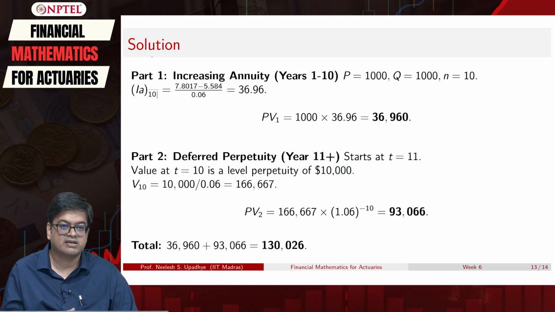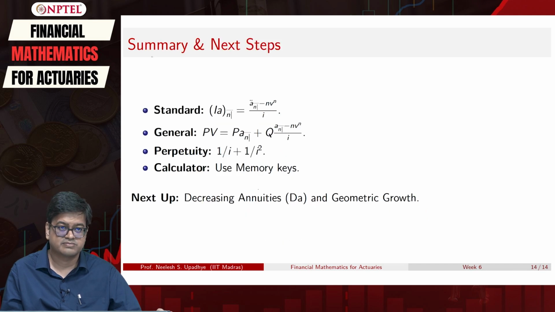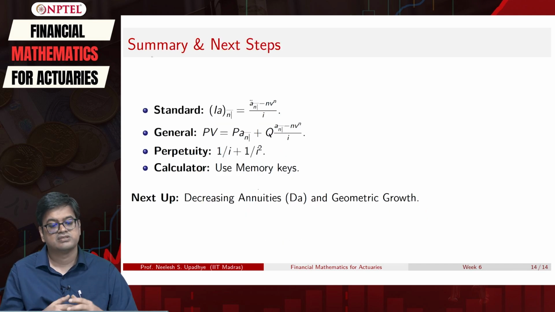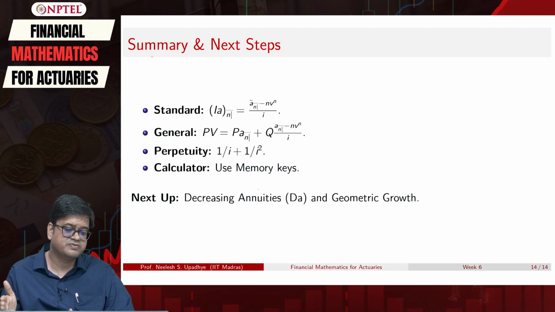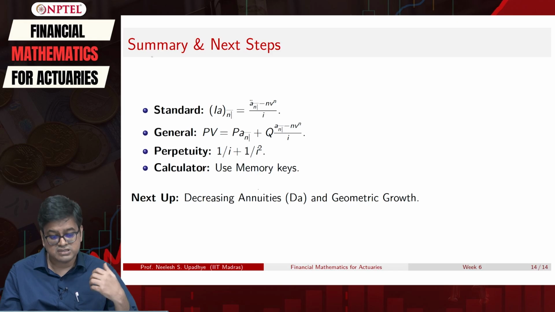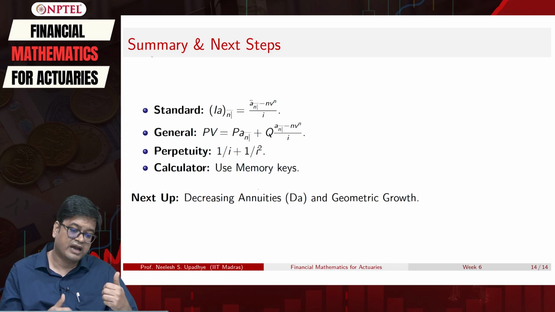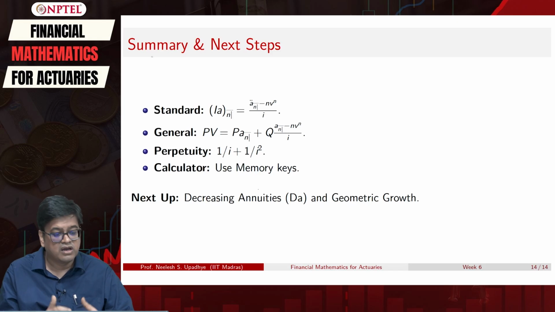So, we have covered a lot. We have seen how standard annuities work. Okay. So, this is standard increasing annuity, where the increase is by 1 unit per year, and in that case our formula becomes annuity due for the time periods minus the number of time periods V raised to number of time periods upon I. However, if I want to use the first starting point as different value and the increase as different value, we need to rely on this PQ method.